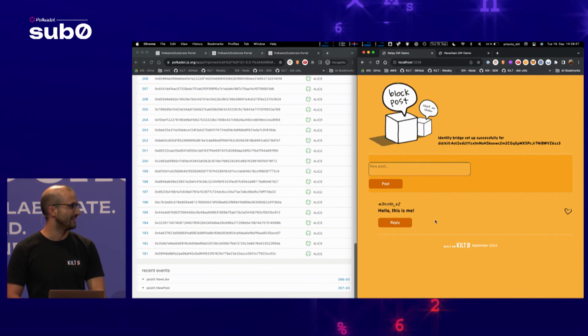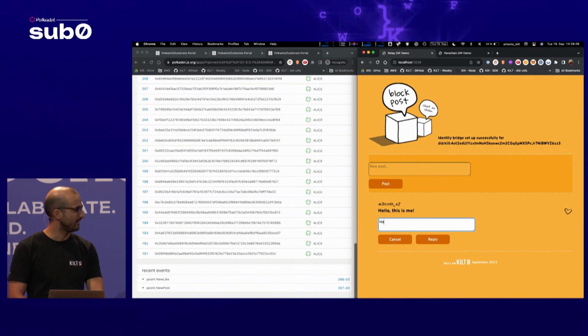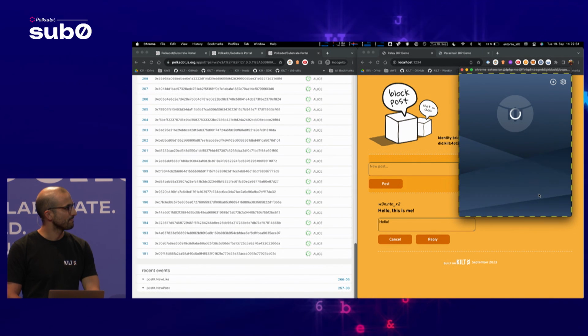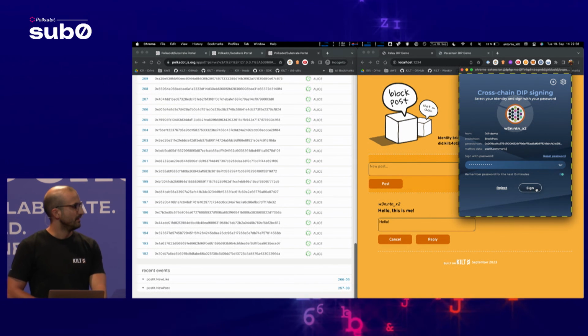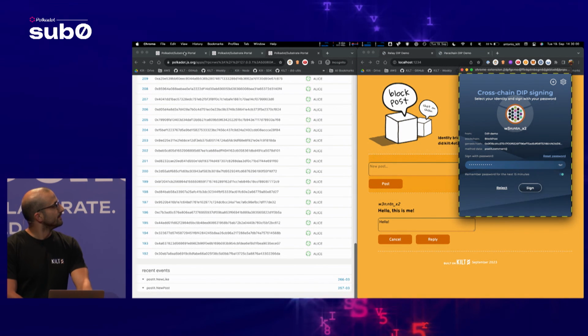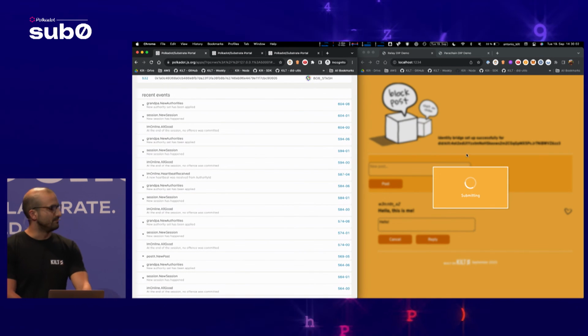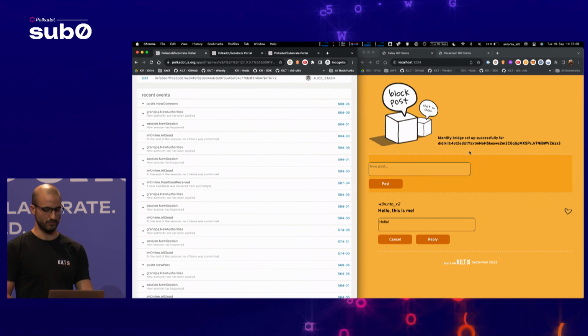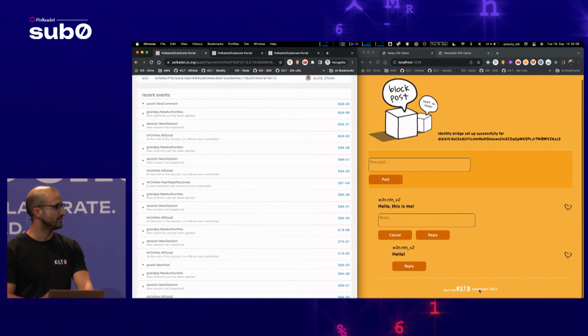And of course, I bridge it on this, but I can go back to the relay chain, and I can also answer the other comment in the same fashion. Yes, and yeah, this is much more scalable because you have one commitment and then you can use it pretty much anywhere. And of course, if you change, yes, it went through.